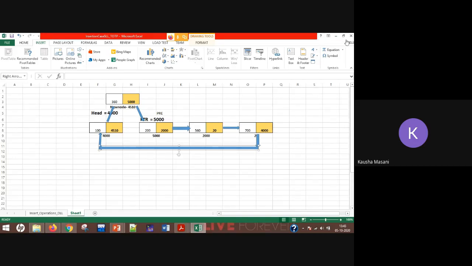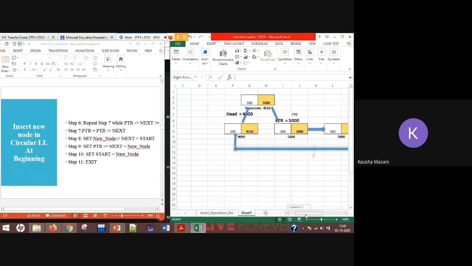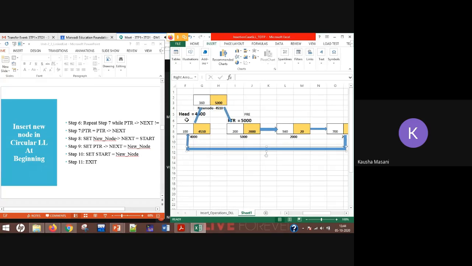Now what I have to do is, first of all, I'm going to take one PTR pointer, which is equal to my head here. So my PTR is here.